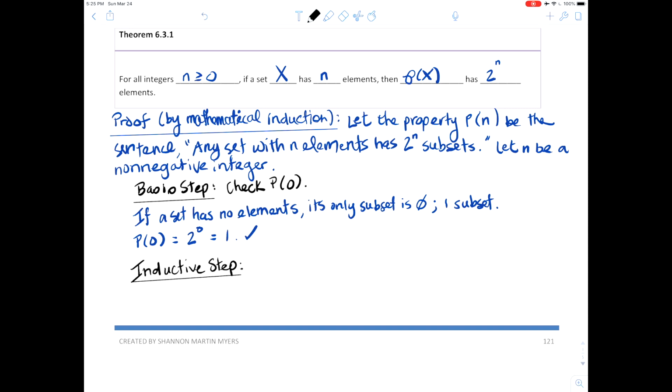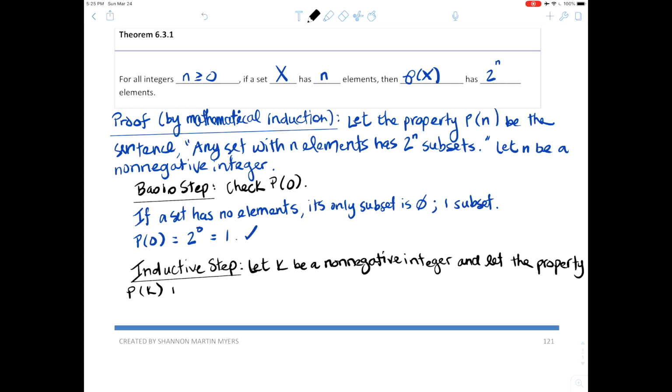Okay, for the inductive step, we'll put our sentence in terms of K, and then we're going to be looking at the property evaluated at K plus 1. So let's identify everything. Why don't we let K be a non-negative integer, and we're going to let the property P at K be the sentence